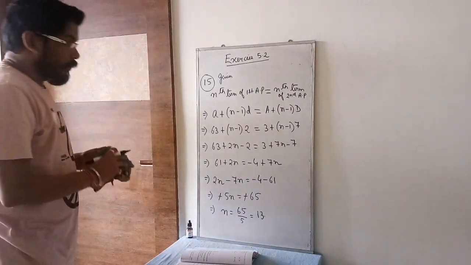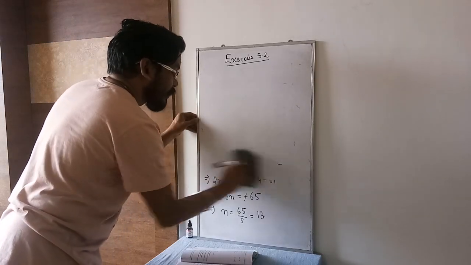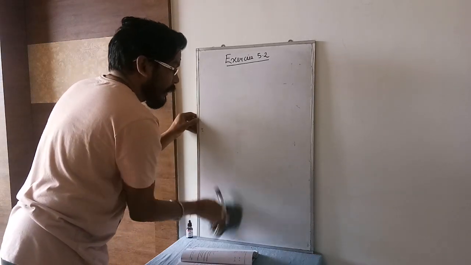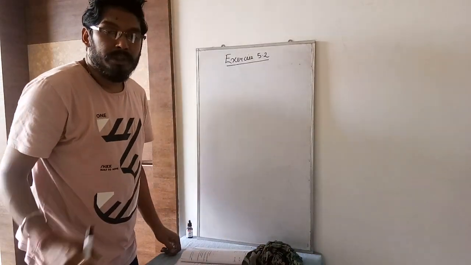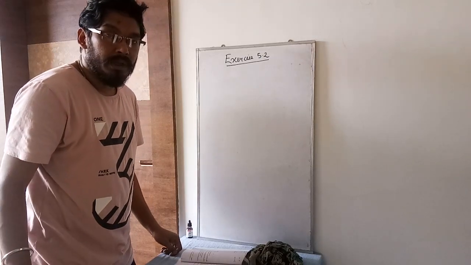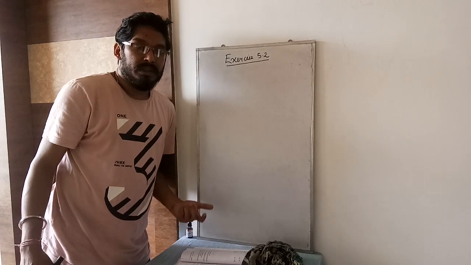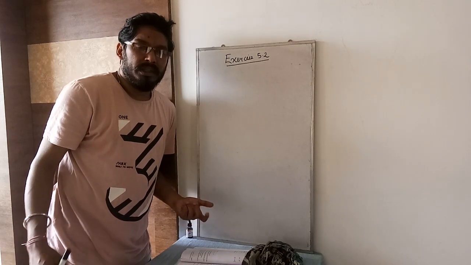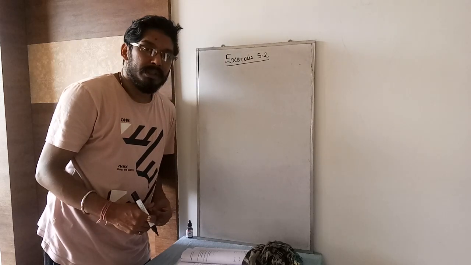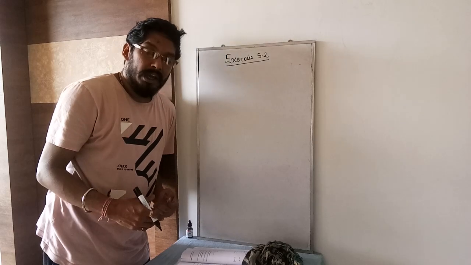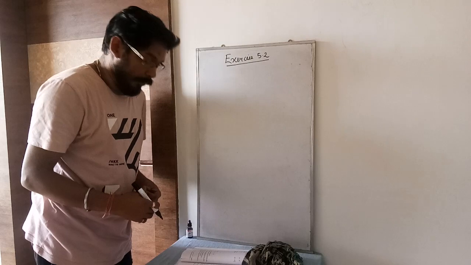Okay. Now question number 16. I am repeating again. I am just seeing the questions which are given in the previous edition book. The new edition, I think, has some more sums. You just send me those questions which I have not done. Write them on a paper and send me, or you can just take a photo and send it in the WhatsApp group or to my personal number. I will do those sums. If anything is left, just send me the photo.